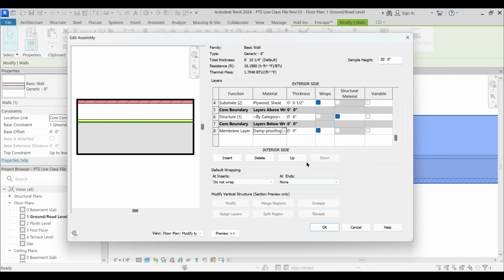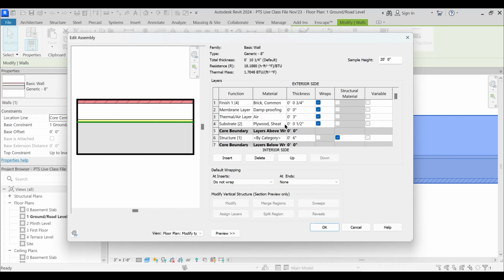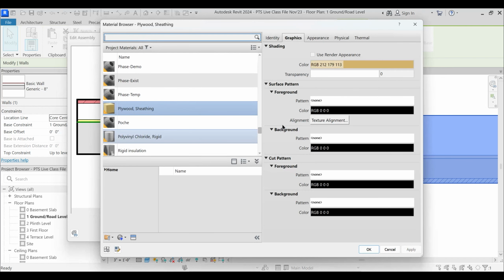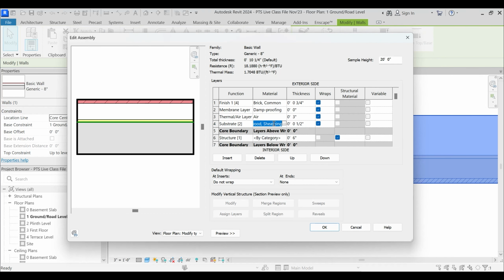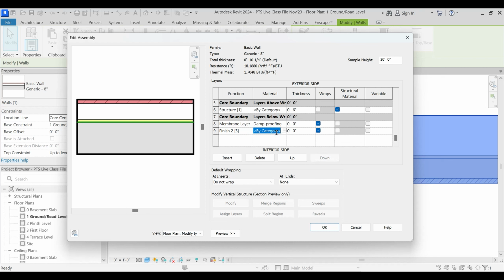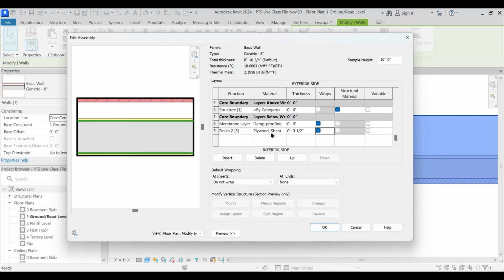Okay, damp proofing has only one material. But what I'll do is click this and insert one more layer and down, and this should be finished to 5. Okay, and this plywood sheathing, that material should actually have been provided here. Paste, and 0.5 inches.